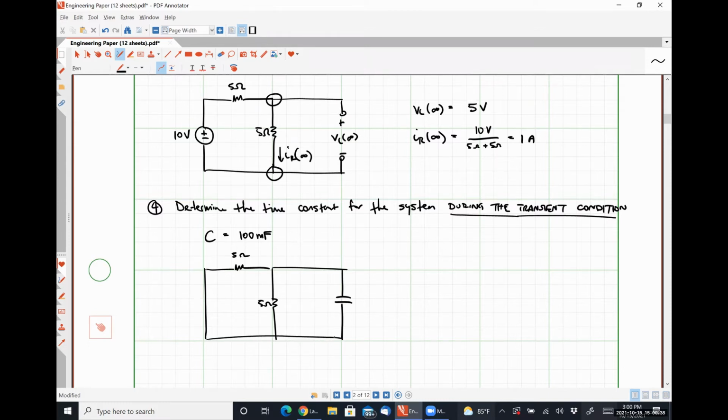But since I'm finding the Thevenin equivalent with respect to this capacitor, what do I have to do? Take the capacitor out and look in through the terminals where the capacitor was. So what do I see? 2.5 ohms, 5 ohms in parallel with 5 ohms. So from this,